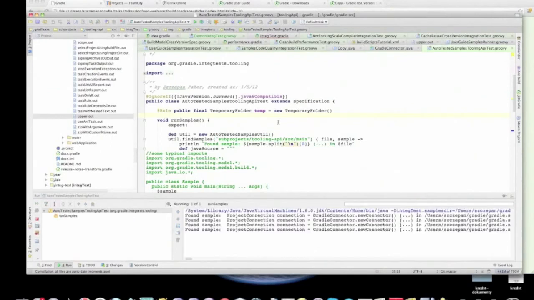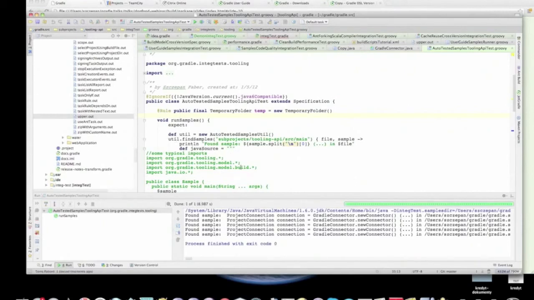This is how it works. This test is not really nicely abstracted. You see there is a little bit of an incidental detail here, but the reason is that we haven't found yet another use case for that. We only use that for a couple of classes for the tooling API. So if I go back to the